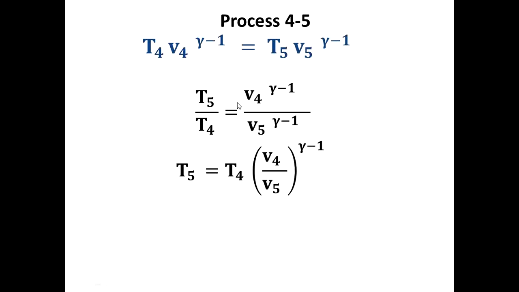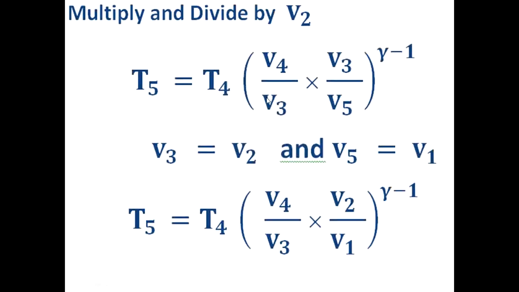T5 by T4 is equal to this one. You want the temperature T5 in terms of T4, that is V4 by V5. You can do like this: multiply and divide by V3, sorry, this one not V2, it should be V3. V4 by V3, you know, is rho. Then V3 by V5. In this analysis you know V4 is equal to V5 and V3 is equal to V2. Put here rho, this one will become rho.